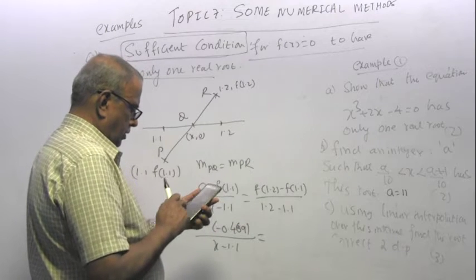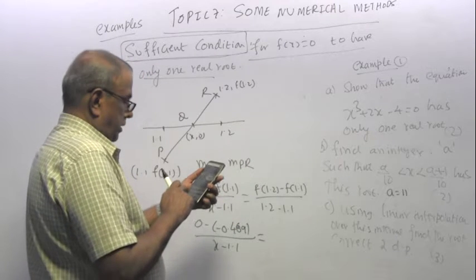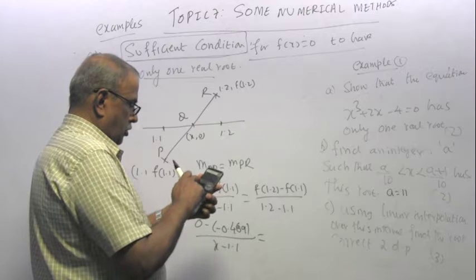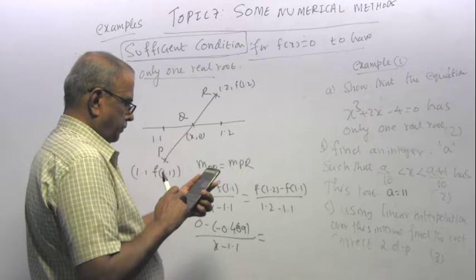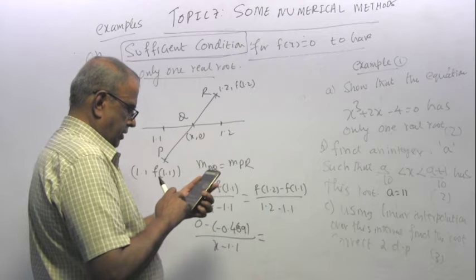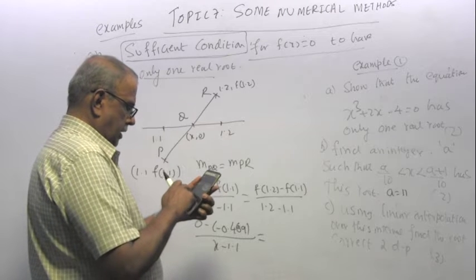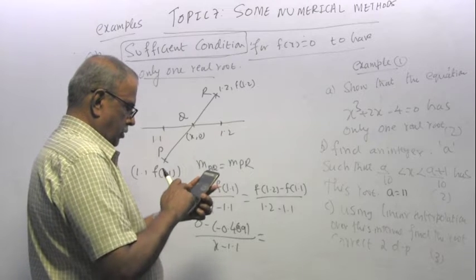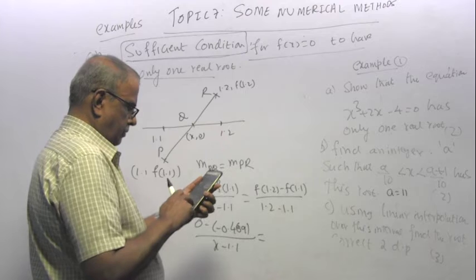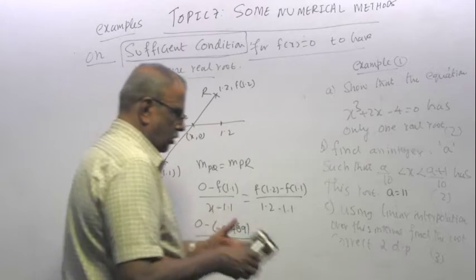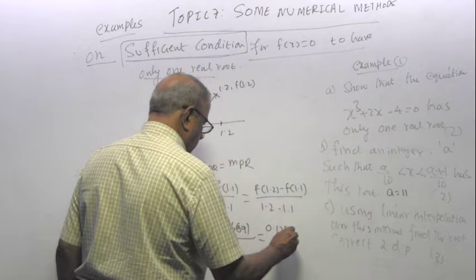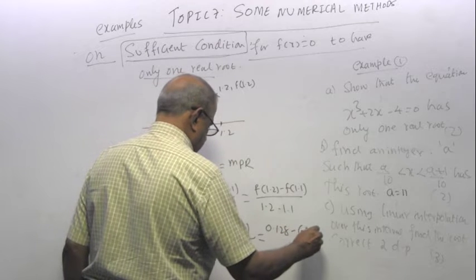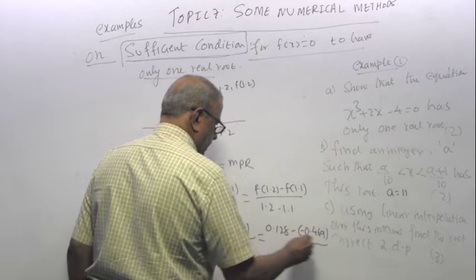So I need to do f of 1.2: 1.2 cube plus 2 times 1.2 minus 4, which is 0.128. So 0.128 minus minus 0.469, divided by